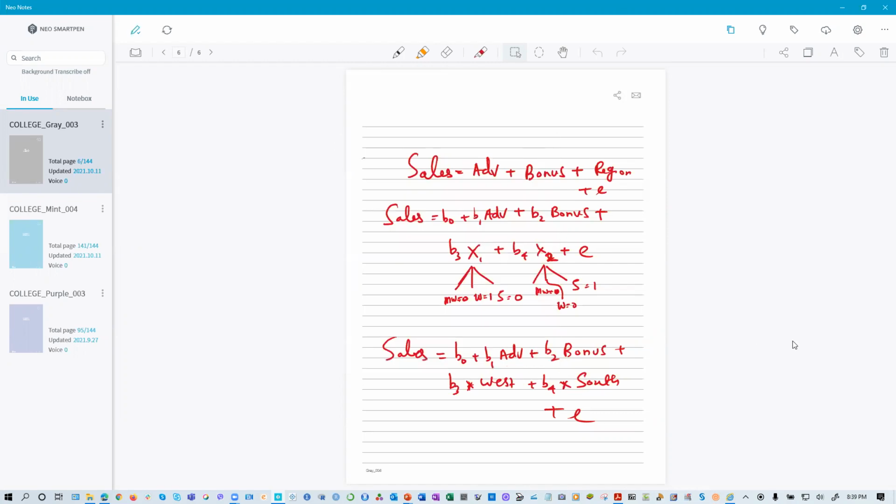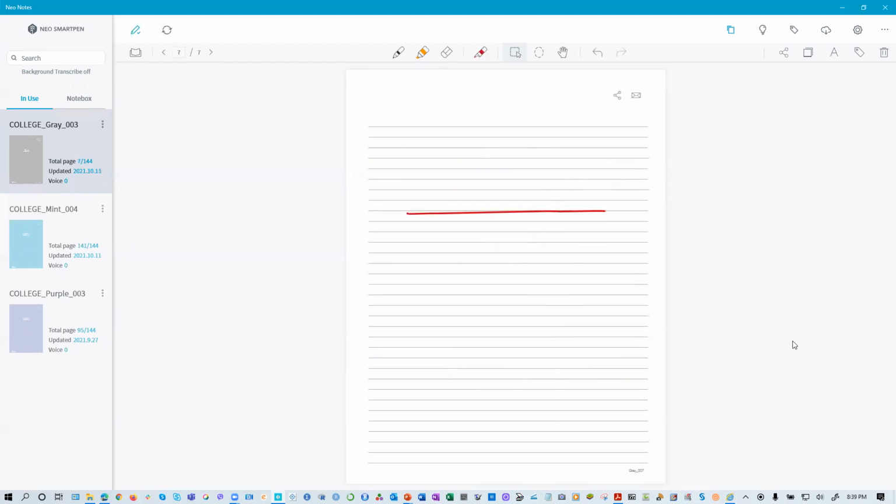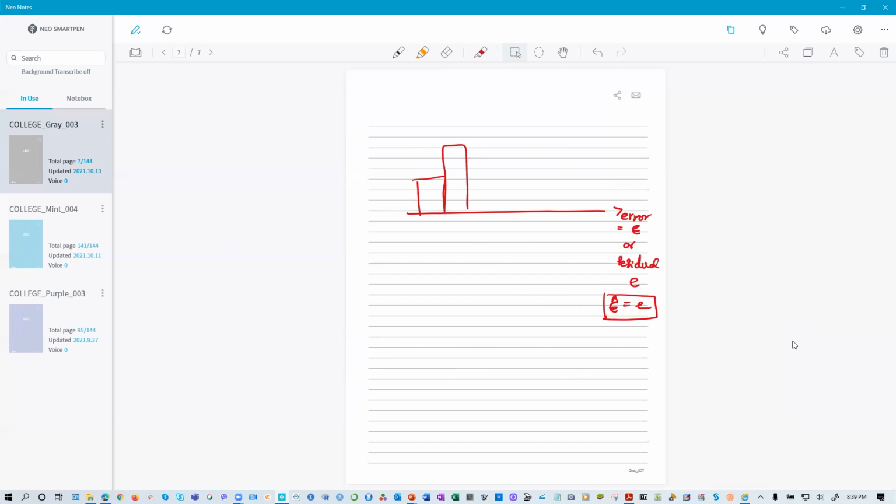So this one, this is the error. I'm going to use epsilon or residual for e, it doesn't matter. So in another way, epsilon hat is the estimate of the residual e. The estimate of the error is this one. If you draw the histogram for that particular data, that is, for the residuals,